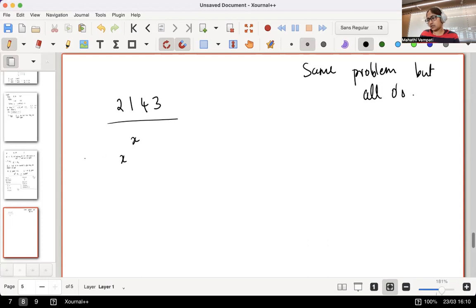So step 1, we look at position 2 and see what's there, and this will become x, something, something. Step 2, this either has to be 1 or